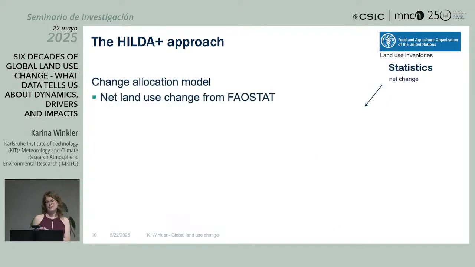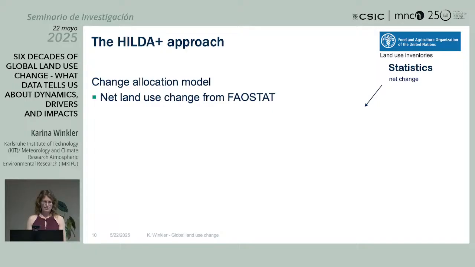Now we come to the second part of it, which is all these land use inventories. Here we mainly use the Food and Agriculture Organization database, FAOSTAT, which gives us the net land use change for the different land use categories for all the countries across the world, but it's only at the country level. So for each country, we have one value of how much cropland or how much forests have changed in hectares